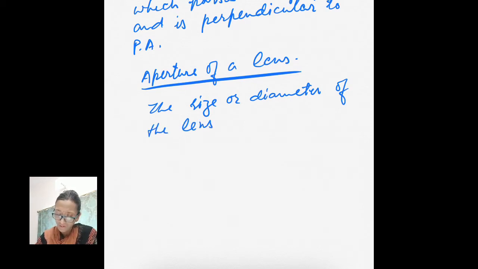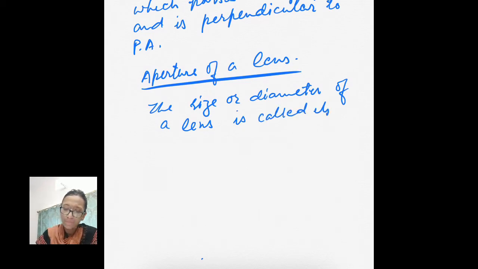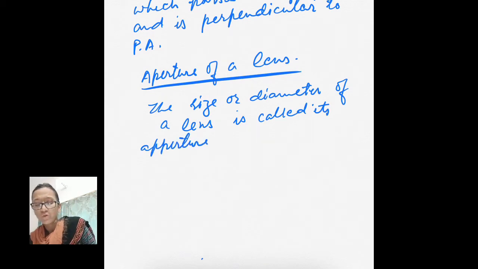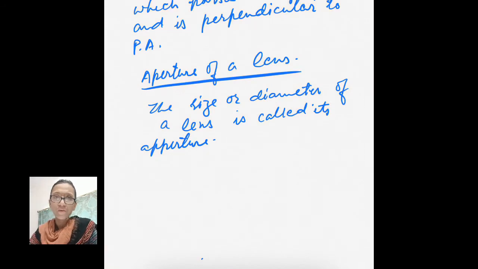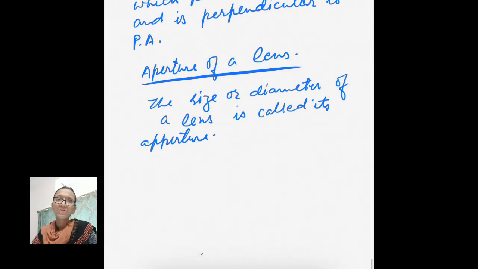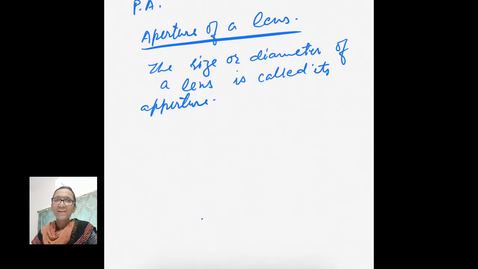Of a lens is called its aperture. So these are the terminologies which we will be using while doing numericals or while learning the concept of lenses. Now, ray diagram